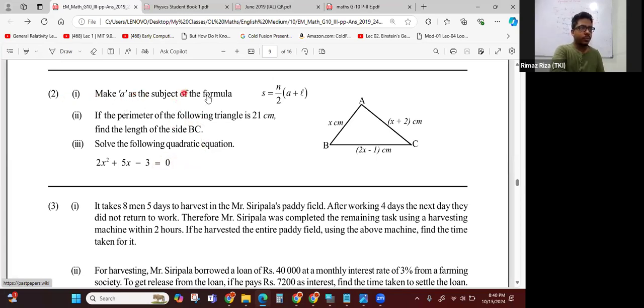This one is formula lesson, and this is quadratic equations. How to see the axis of symmetry. So axis of symmetry is usually the